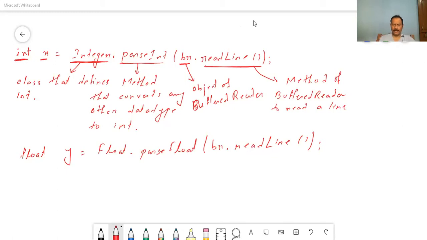To accept a character from the user, the buffered reader method is, I'm showing you, char ch equals to, within bracket you have to put a char, then you have to write just br dot read.